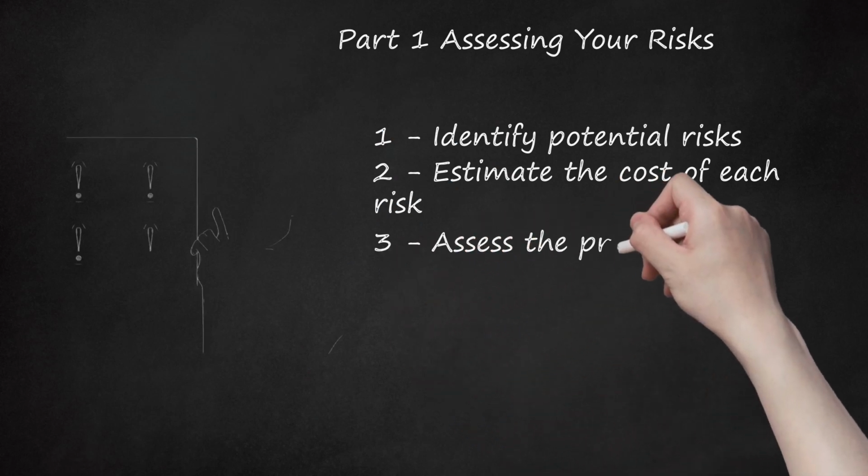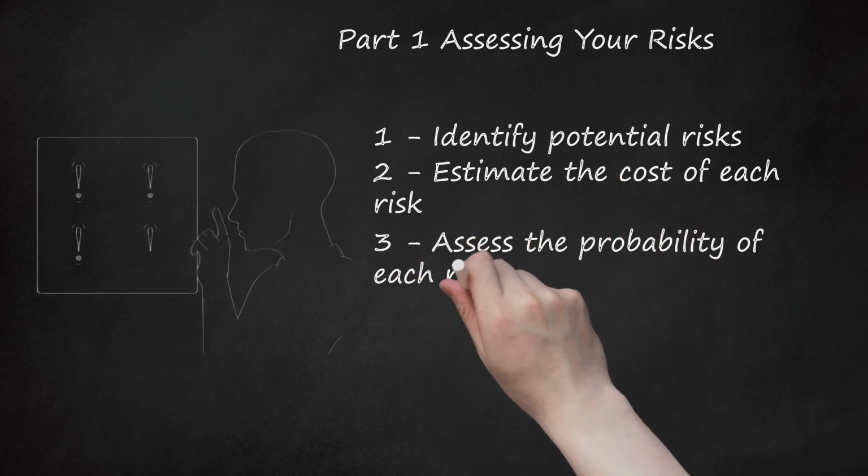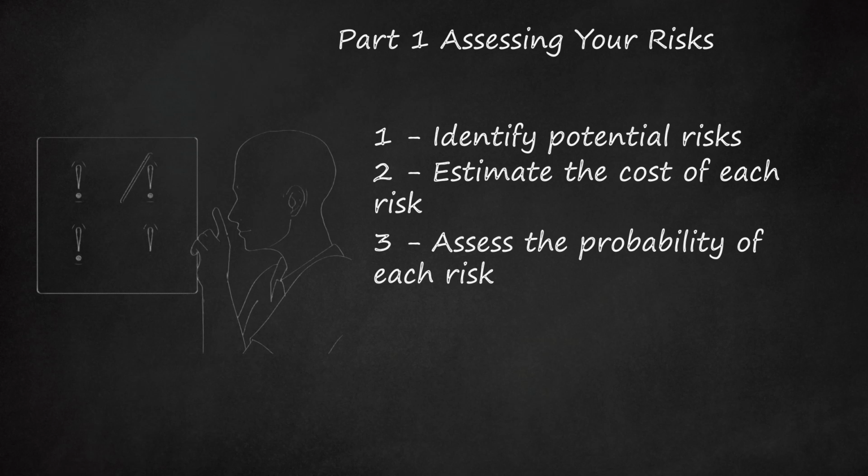3. Assess the probability of each risk. Not all risks are equal. For example, a lawsuit for wrongful death could be devastating to your business, since you might need to pay out millions of dollars. However, if you run a home-based publishing business, then you are highly unlikely to cause a wrongful